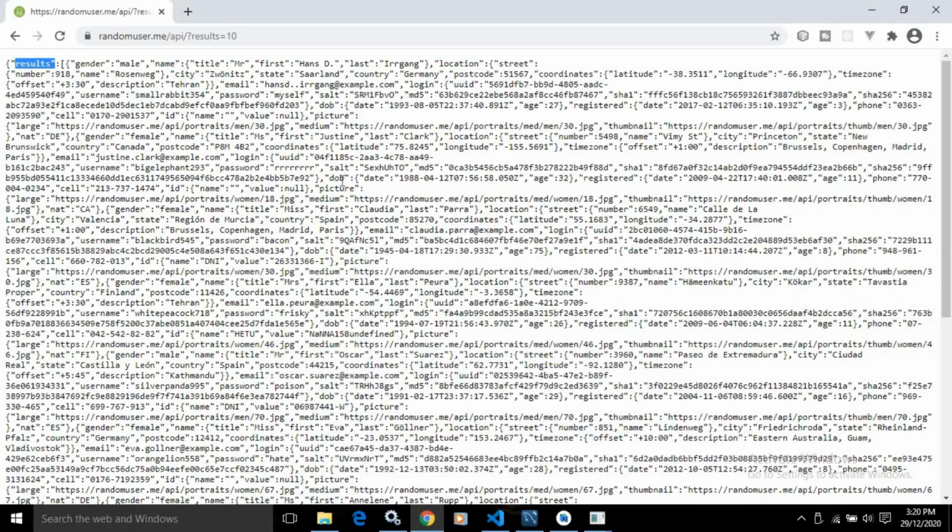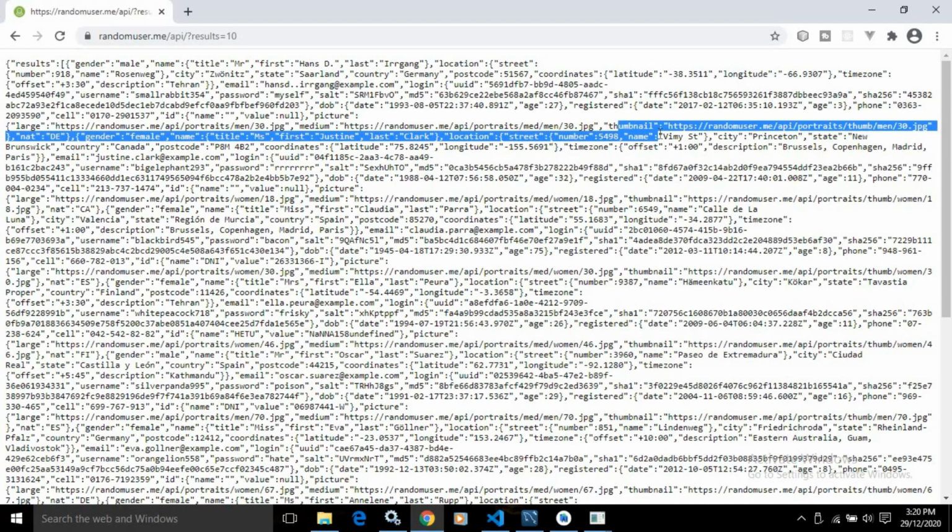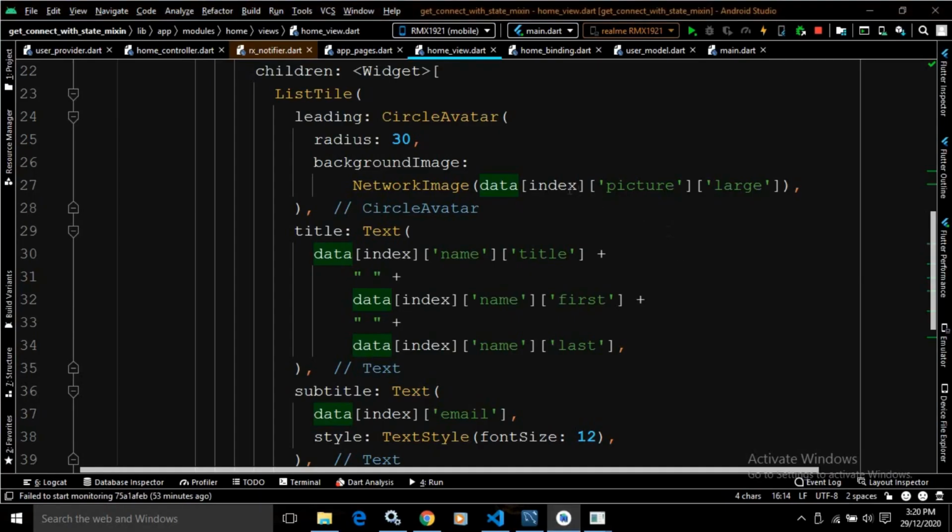Now you can see here in the API, if I go to picture, then you can see in the picture we have different parameters: large, medium, thumbnail. So here I have written data[index].picture.large, right? After that, in the ListTile as a title I have used data[index].name.title.